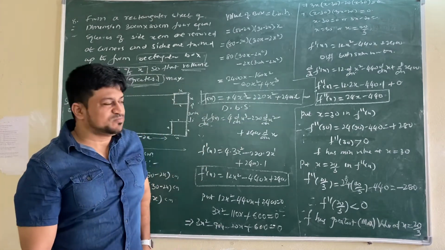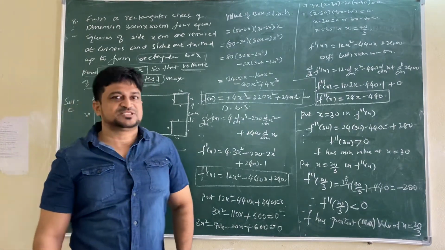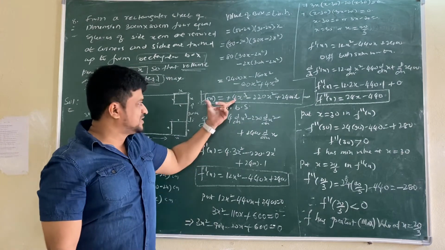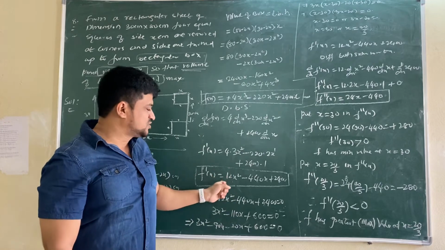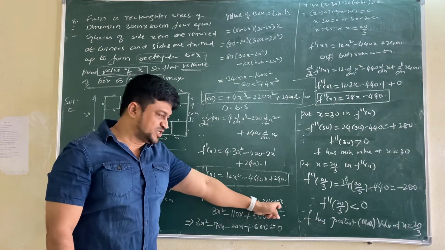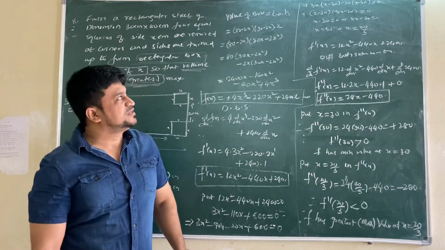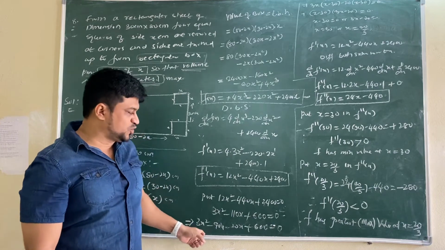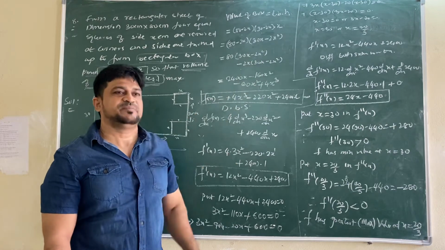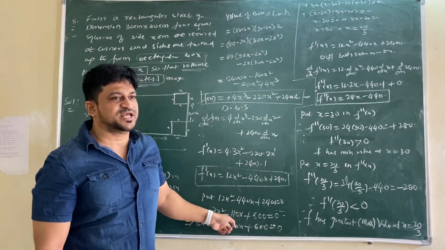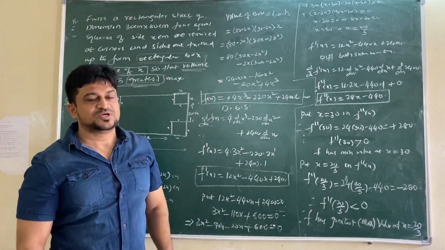Once we got the volume, we have to check whether the volume is maximum or not. To get maximum, you should use the maximum or minimum concept process. Once we have f of x, differentiate both sides, you will get f dash of x. Second step is over. Once you got f dash of x, put f dash of x equal to 0, then simplify it by the factorization method. So you will get 2 factors. Those who don't know the factors, after this step they can remember the answers. X is 30 and 20 by 3. For this question, x equals 30 and x equals 20 by 3. No need of doing factorization then. Remember the 2 values.